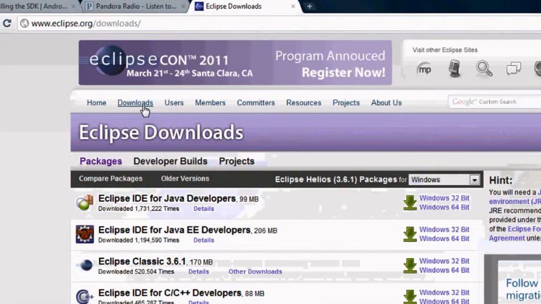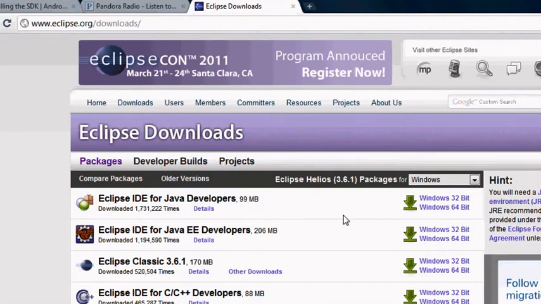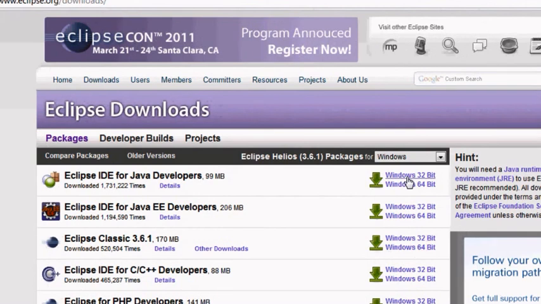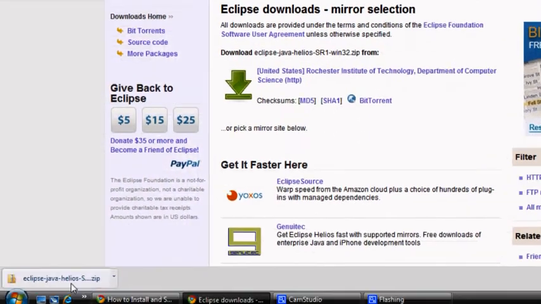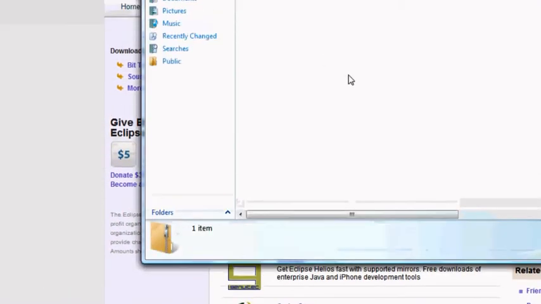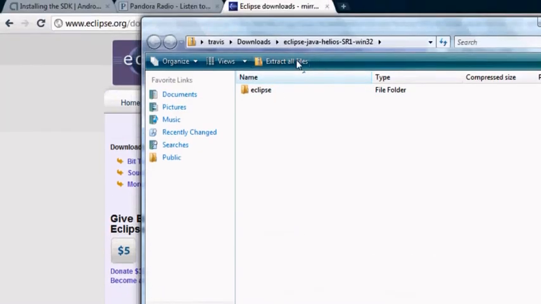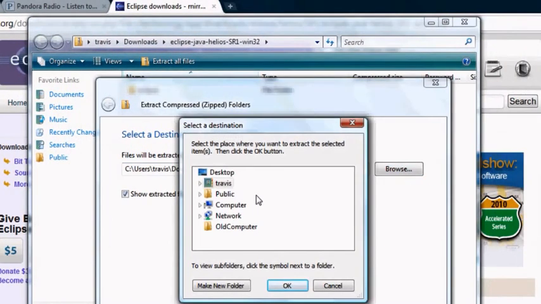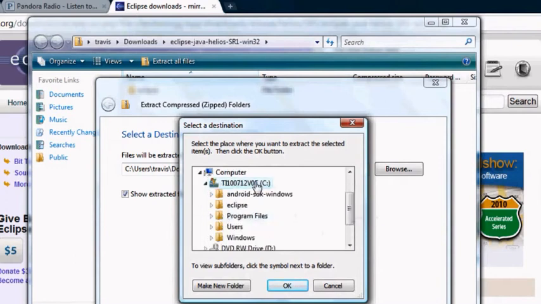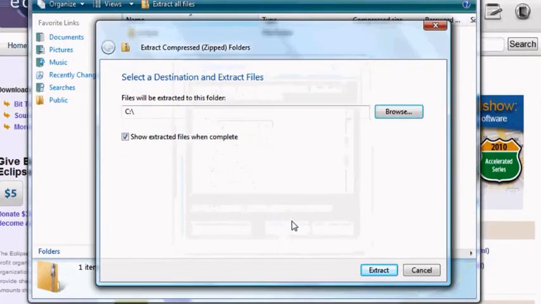Okay, you must download Eclipse. I use Eclipse for Java developers, and if you are setting up on a Core 2 Duo laptop or PC, you can use Helios for 32 bits, but for an i3 or i7 you must install the 64 bit.